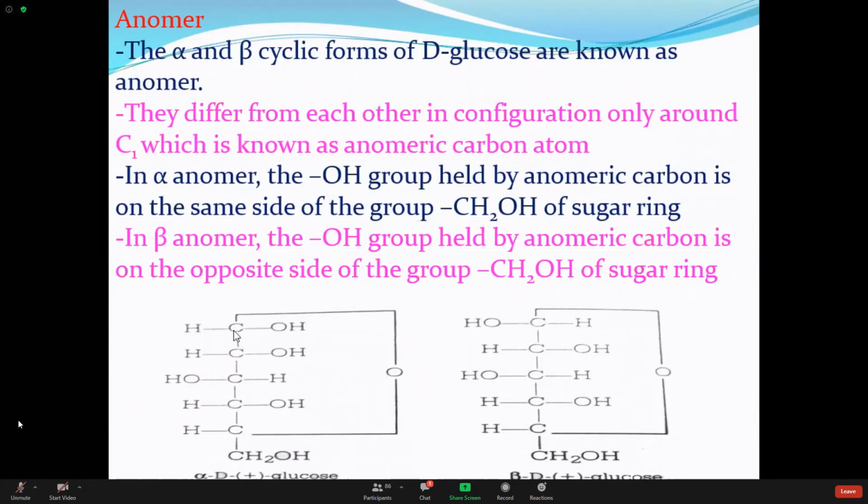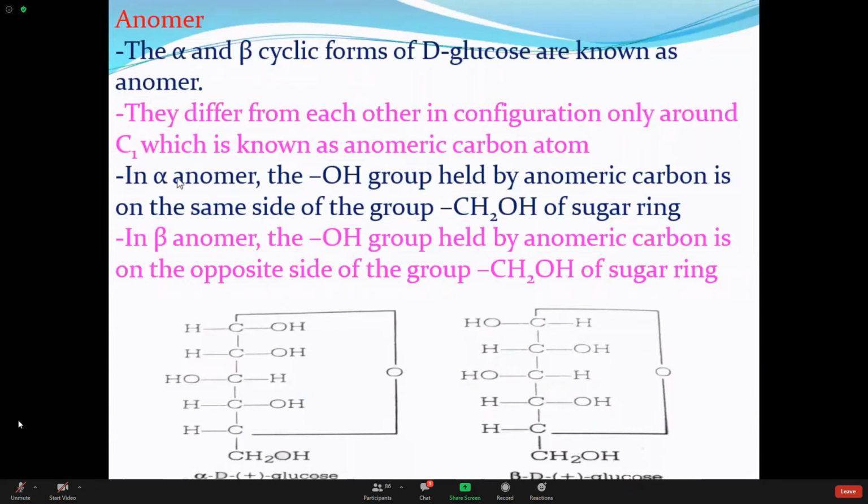In respect of this anomeric carbon atom, first I have to see the position of the OH group, and I have to see the position of this CH2OH. If this OH and this CH2OH are on the same side,